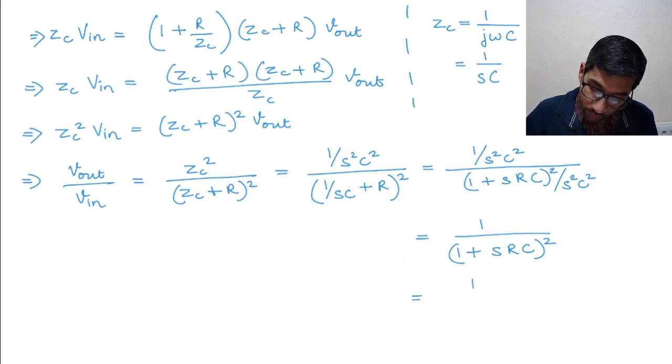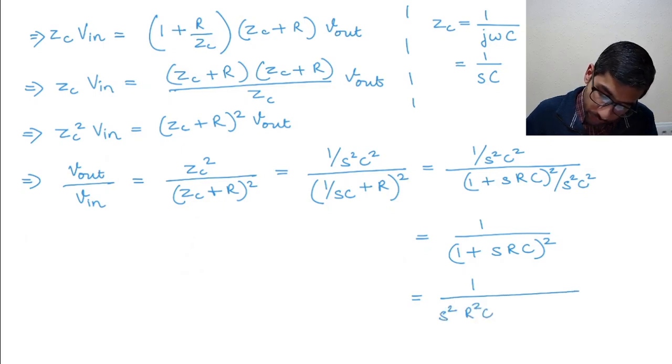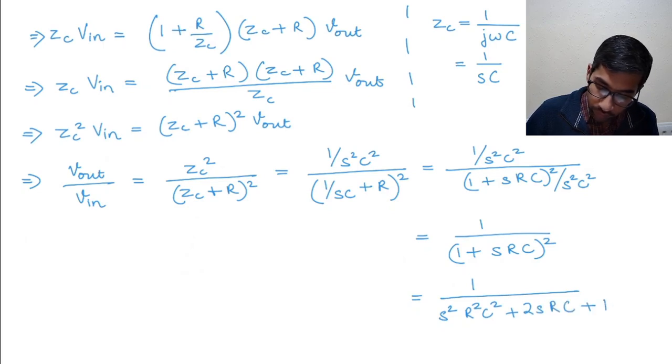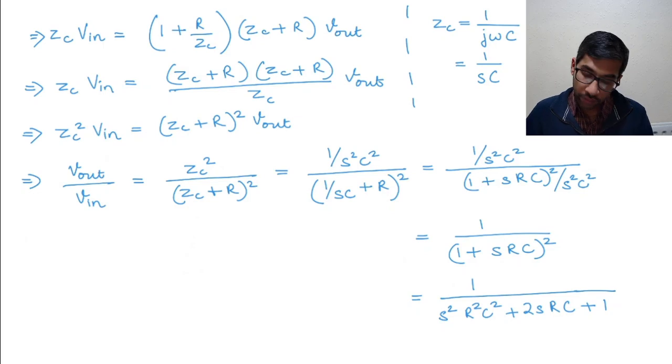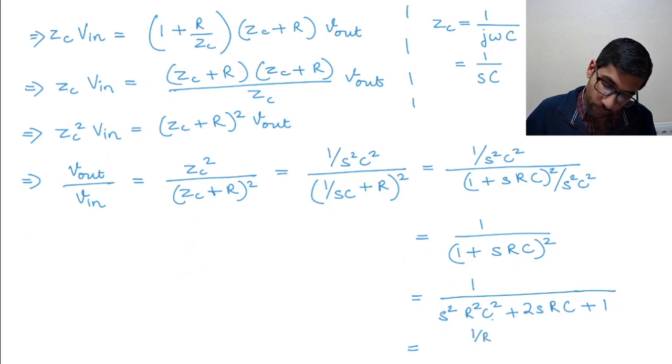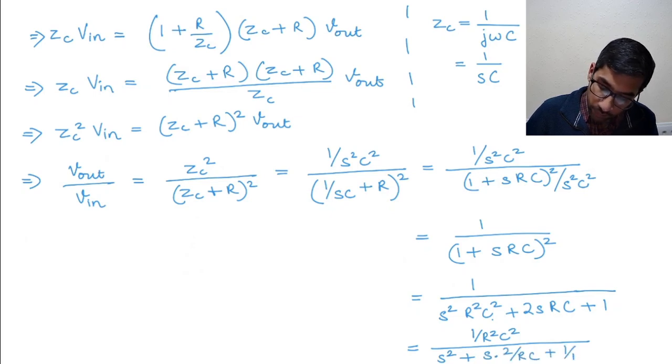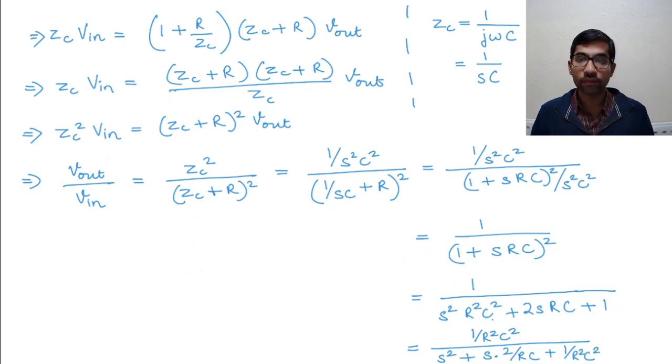If you expand this, it becomes s square R square C square plus twice sRC plus 1. Okay, and one of the things that you can do is divide the entire equation with R square C square, so then you get 1 over R square C square divided by s square plus s times 2 over RC plus 1 over R square C square. Okay,